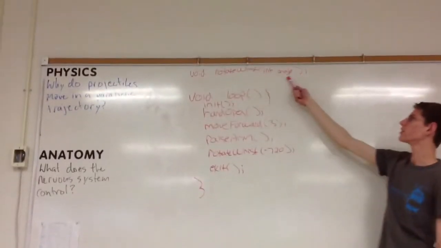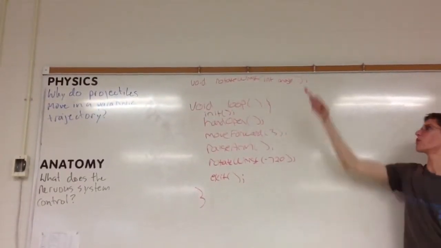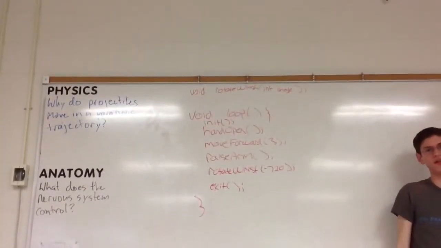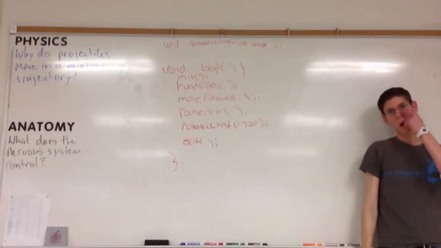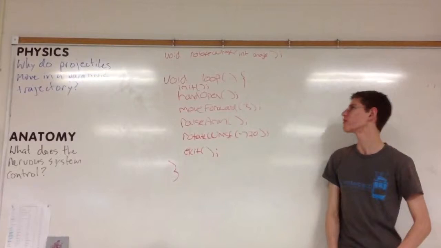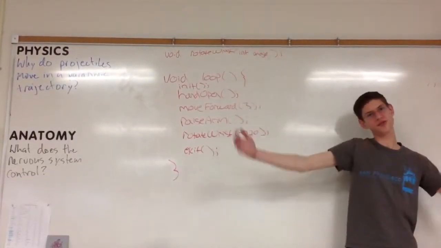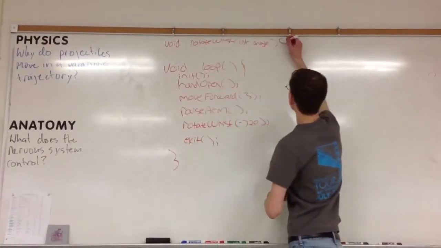So we write up here our little parameters, parentheses, int angle, and then whenever we go down here and define our function, I didn't talk about prototypes, did I? Whenever we define our function, don't worry about it. Whenever we define our function, we can use that angle and we can do stuff based on it. So the definition for the function would kind of look like,